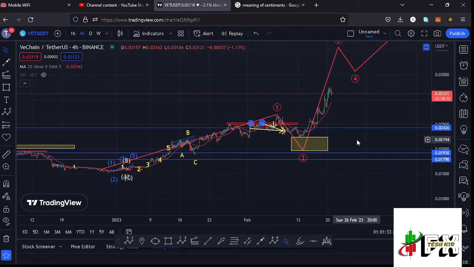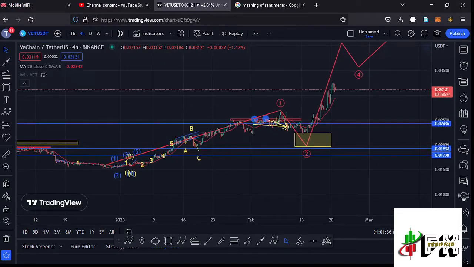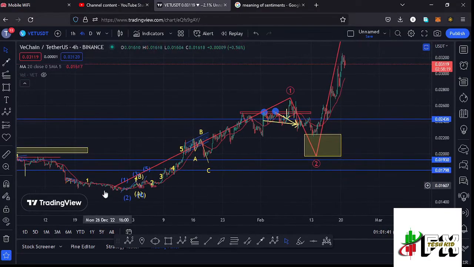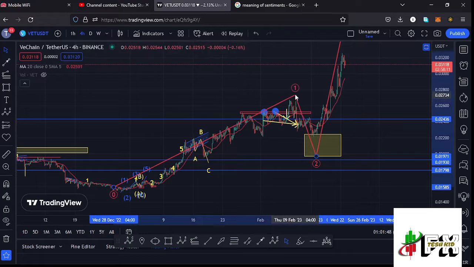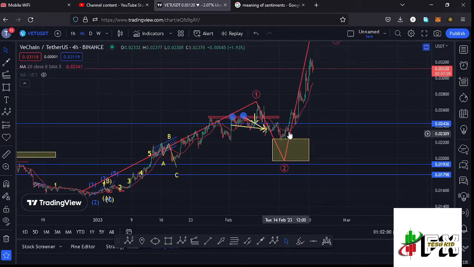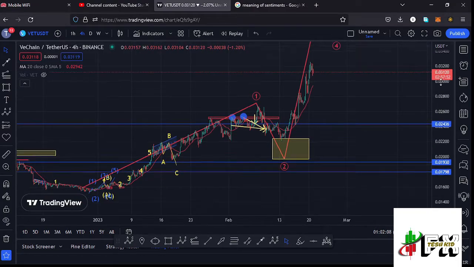And allow me to continue with the video here on the 4-hour chart by first giving you a quick recap of what has been happening, where you can see that after making our lower low down there at around the $0.015 mark, we started this massive bounce to the upside, obeying the Elliott wave structures, where you can see that we have made a peak at around the $0.26 mark in what I'm terming as that first wave to the upside. And after making that peak, we started this corrective structure in what I'm terming as the formation of that wave 2. And after fully maximizing our minimum target areas to the lower side in the formation of this wave 2, we have started this massive bounce to the upside in the formation of this wave 3,